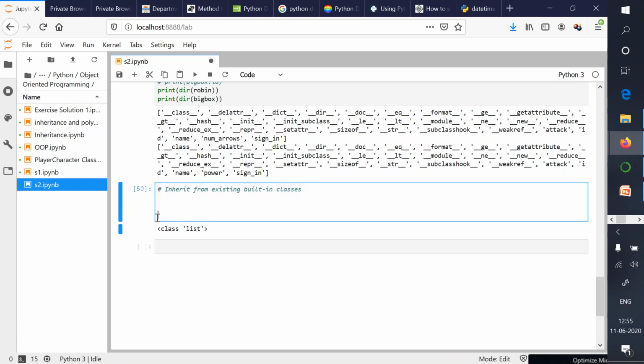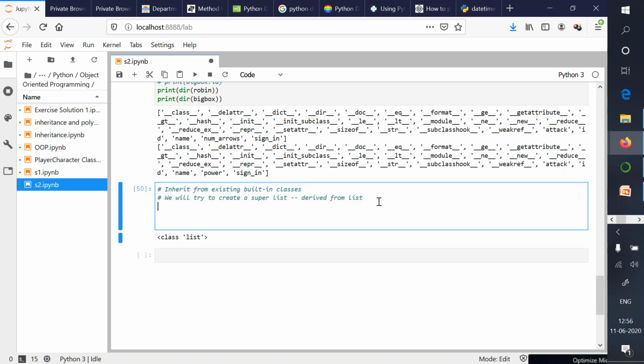So let's try to create a super list derived from the list class, and this list class is the Python system's list class.